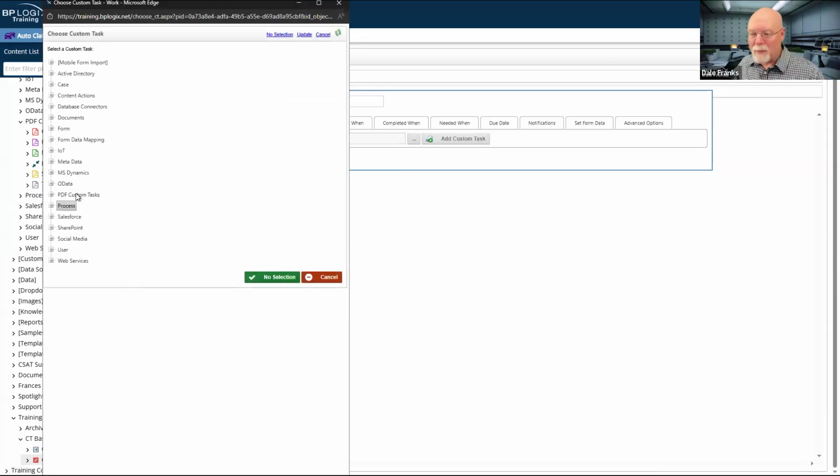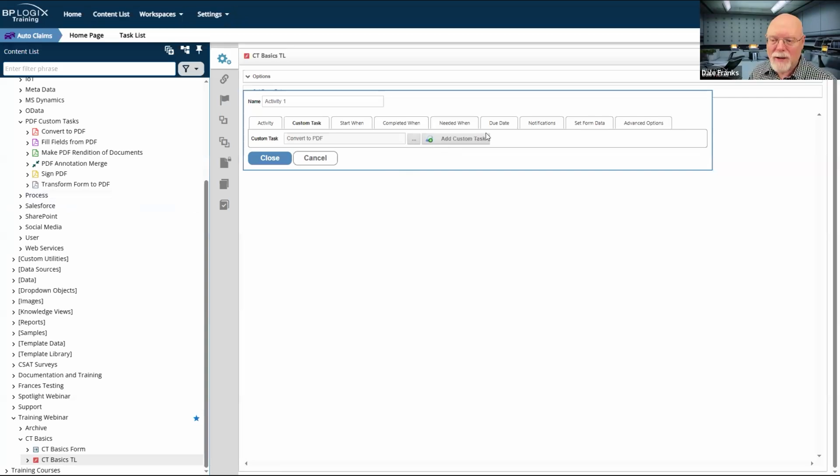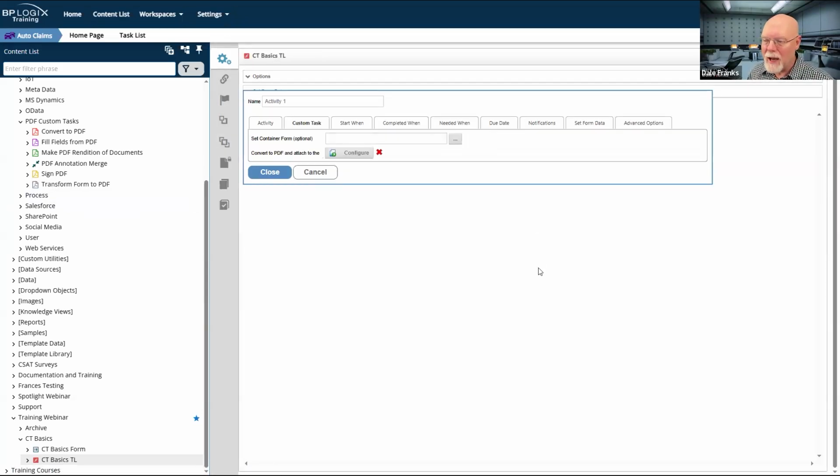So I go into PDF custom task, convert to PDF, and I click add custom task. Now there's still a user picker up here. It's different because I'm inside the context of a process and I might have multiple forms associated with this process. Process Director doesn't know what my container form should be.